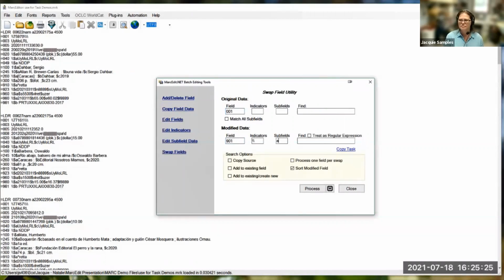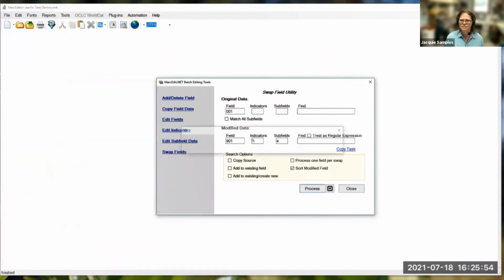And I also know that I don't want any indicator values. There shouldn't be any for an 001, I know, but it's just better, in my opinion, to define that. So I'm saying to take all of every field in this, I think there's 21 records in this file, change every single 001 into a 901 in the same field so I can use it later.